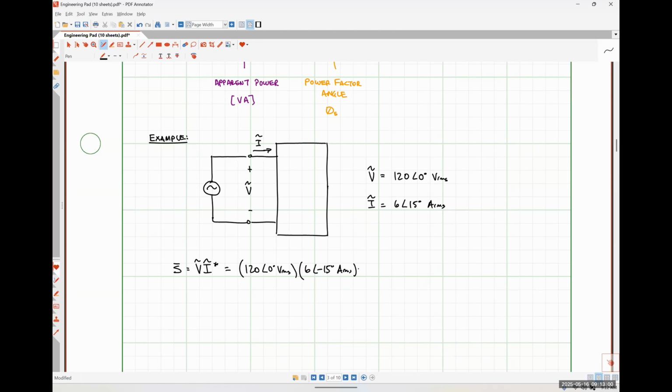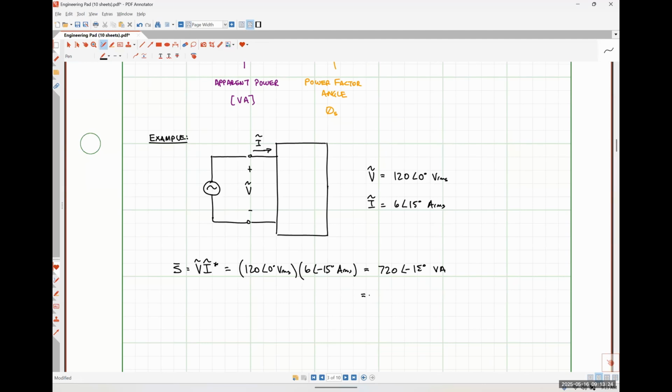So let's see, 6 times 12 is 72, if my memory serves me correctly. Let me double check that. Yep. So that would be simply 720 with an angle of negative 15 degrees, volt amperes in polar form,